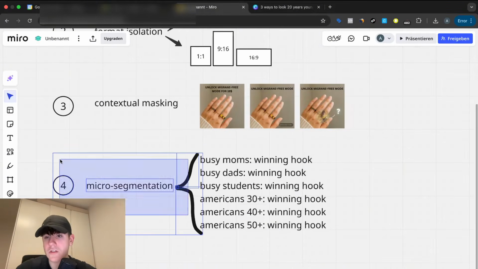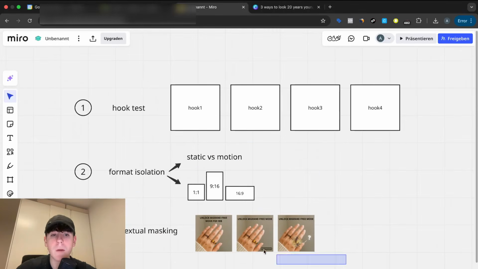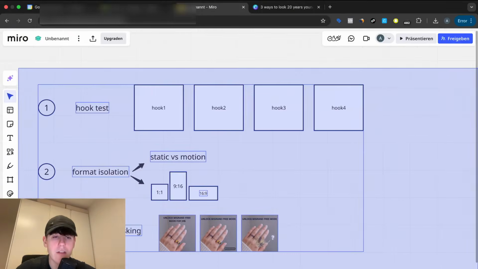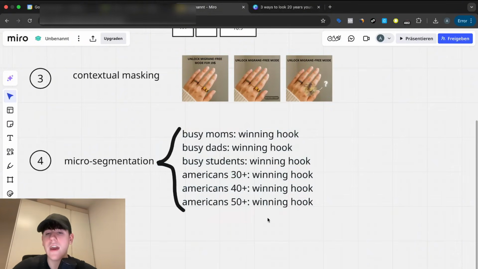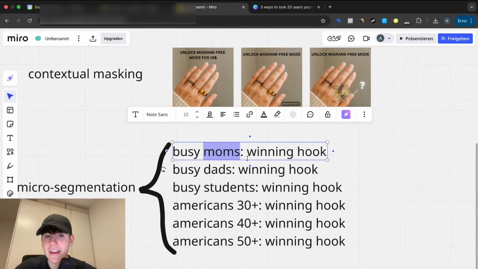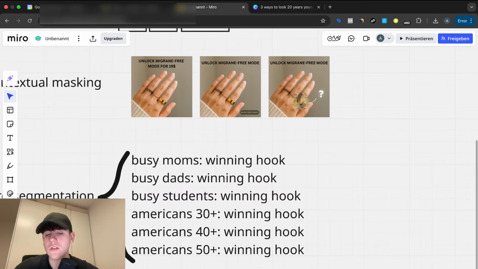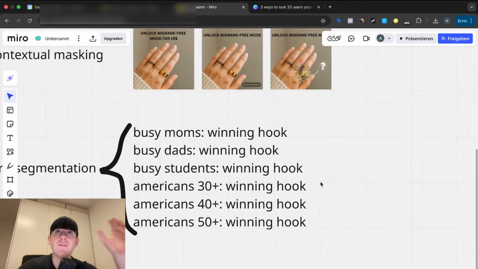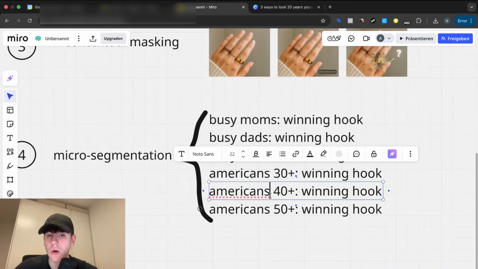And the last thing I actually want to talk about here is micro segmentation. So when you have all these things done, and you have a couple of really good image ads that are scaling and doing really well, a couple of iterations consistently going into the ad account, and hit rate reports that are looking very healthy, you're going to implement something called micro segmentation, which is essentially adding very specific callouts into the beginning of your ad. Once again, this is just going to be a disqualifier that makes the conversion rate better. If you nail the micro segment that you pick, which is why we want to test a lot of them with the same hook and same visual each,